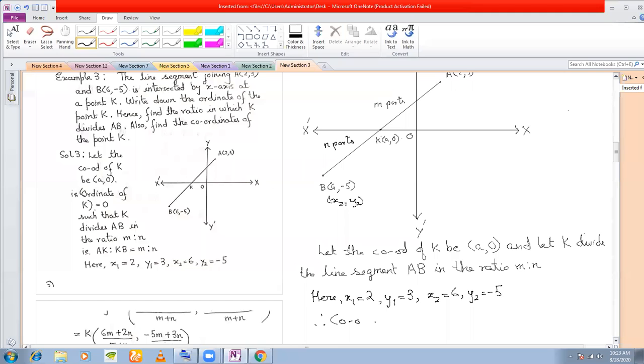By section formula, the coordinates of K is mx2 plus nx1 by m plus n. The y coordinate will be my2 plus ny1